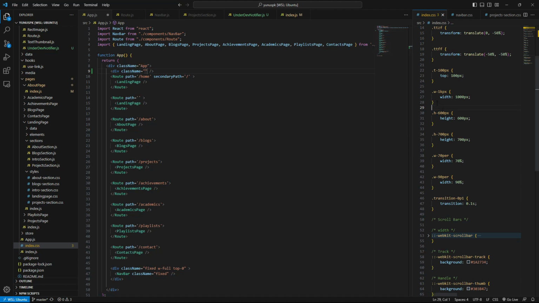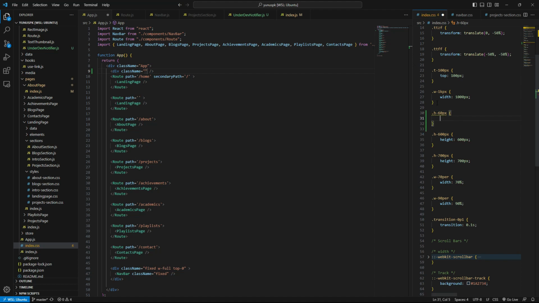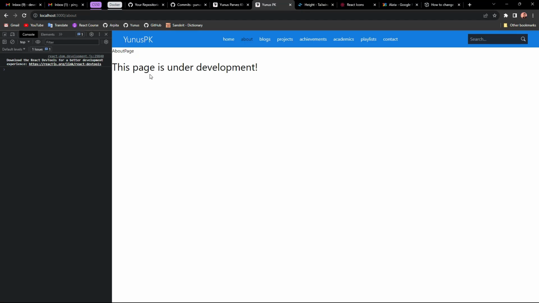We're gonna create a class name for this, which is h60px, and that can be simply height 60px, right? So I'm gonna give that class name here, h60px, and that's it, I guess. There's gonna be nothing here. Okay, now we got the about page text here and also this thing here.